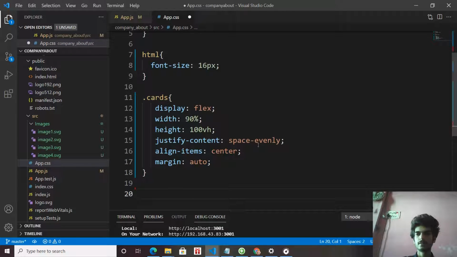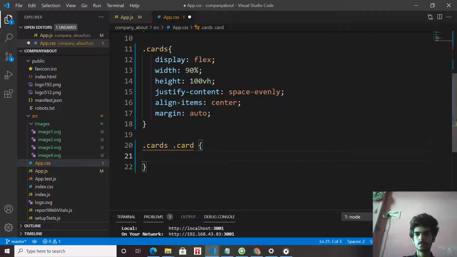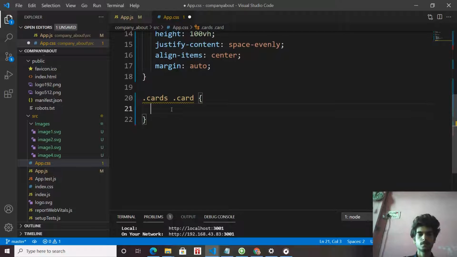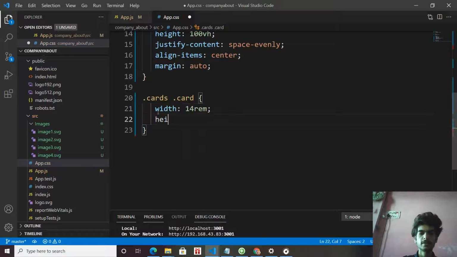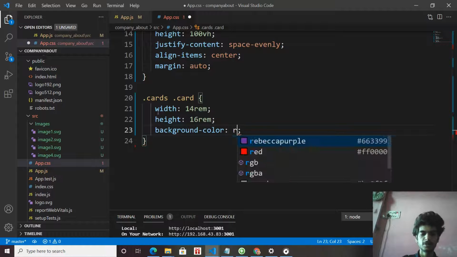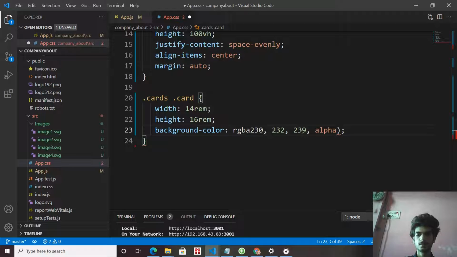Let's select the card. Our card has a width of 14 rem and height of 16 rem, and a background color that is an RGB color, with the value here 230, and 0.22.